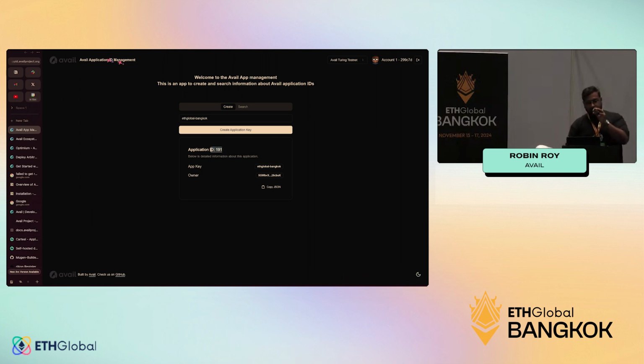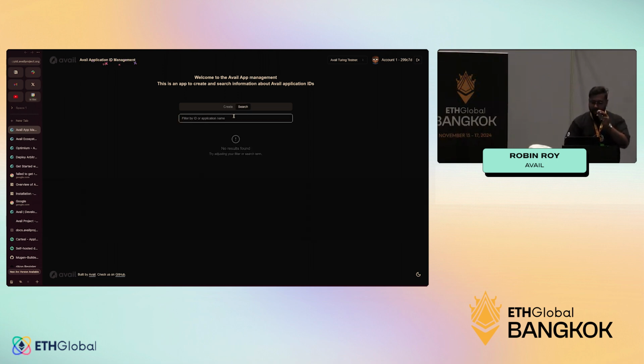My application ID is 191, so I'll have to keep that safe. If I ever want to query, if I forget my application ID but I know what my app key is, I just have to search for it with ETHGlobal Bangkok, and I'll get it later on. So if I search for ETHGlobal Bangkok, it should work if the internet works. But anyway,